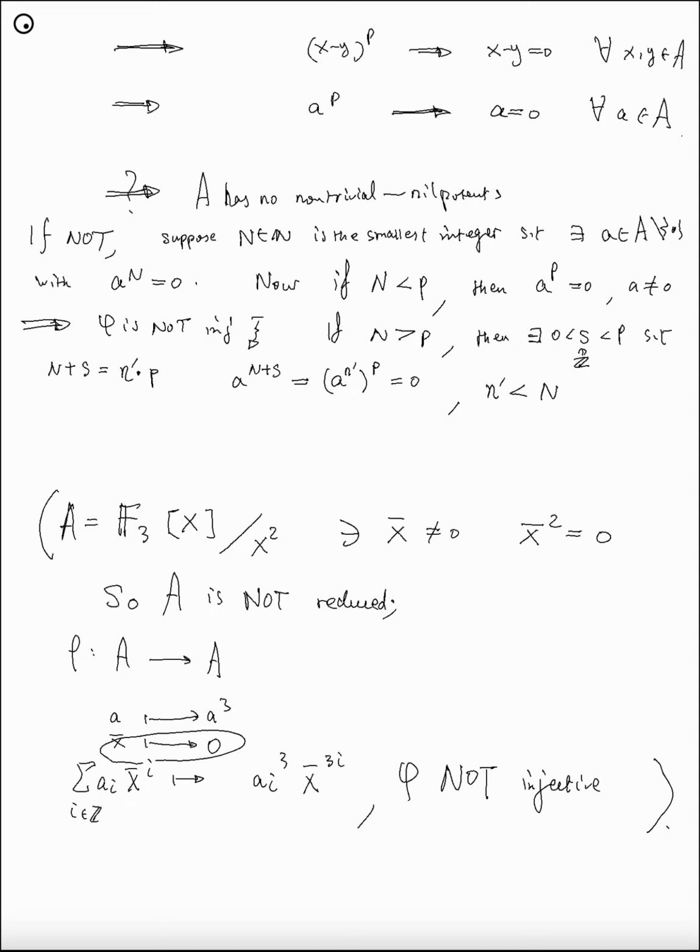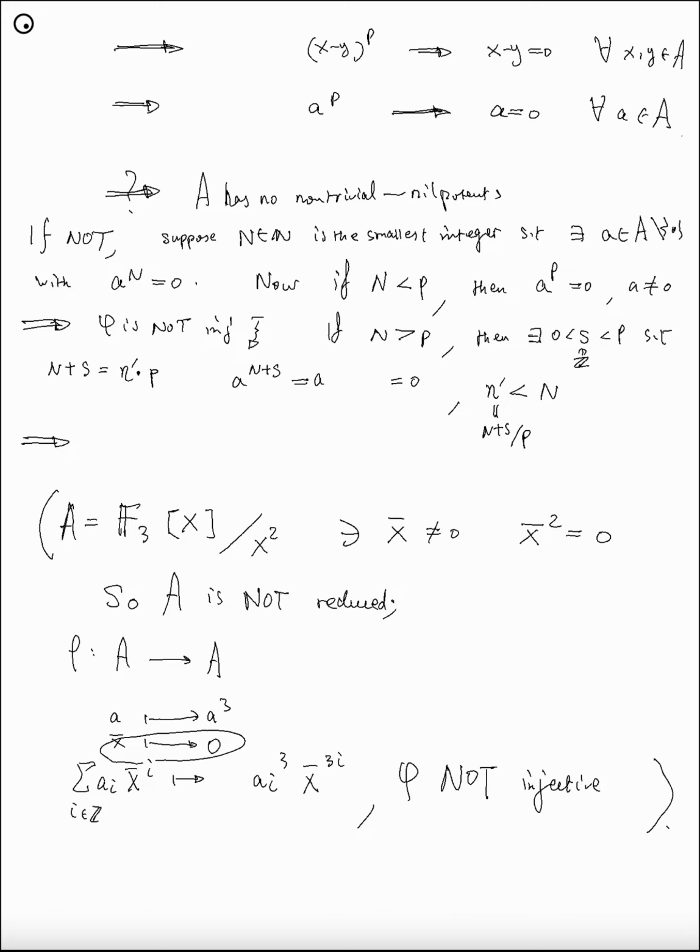By our assumption, s is bigger than 0, less than p, and so this n prime is basically n plus s divided by p, while with this s bigger than 0, less than p, s over p is smaller than 1, and this is an integer, and so this implies that n over p plus this integer is less than n. This forces